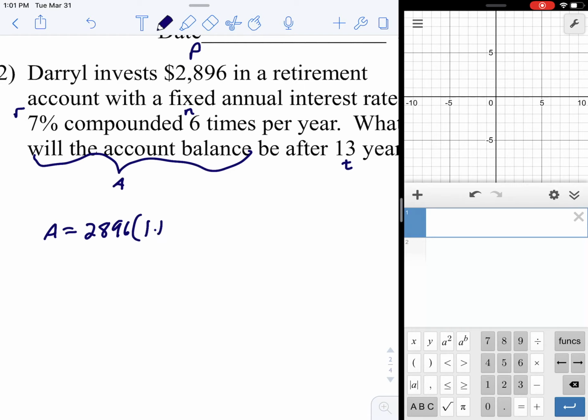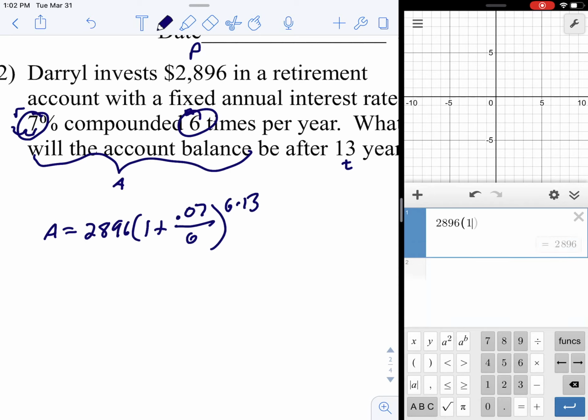896 times 1 plus 0.07. Remember, you take that and move the decimal 2 places over. 0.07 over 6, that's this number, to the 6 times 13 power. Type this into the calculator and you will have your answer. 896, parenthesis 1 plus 0.07 over 6. And that is going to be raised to the 6 times 13 power. The amount of money in the bank after 13 years,